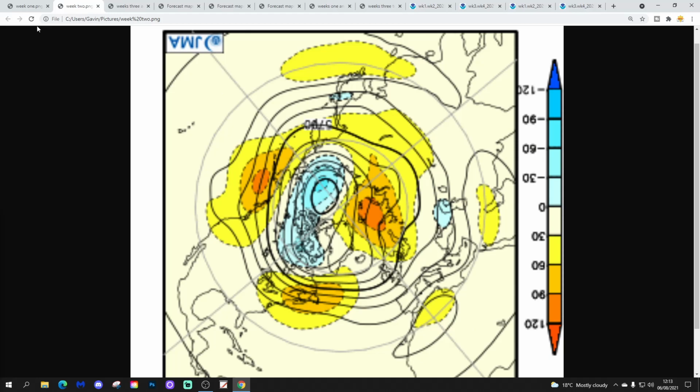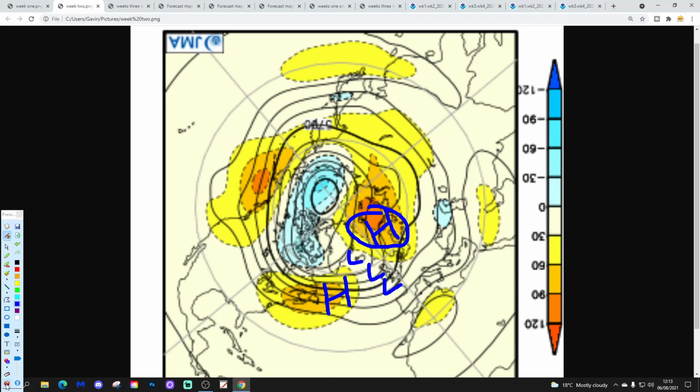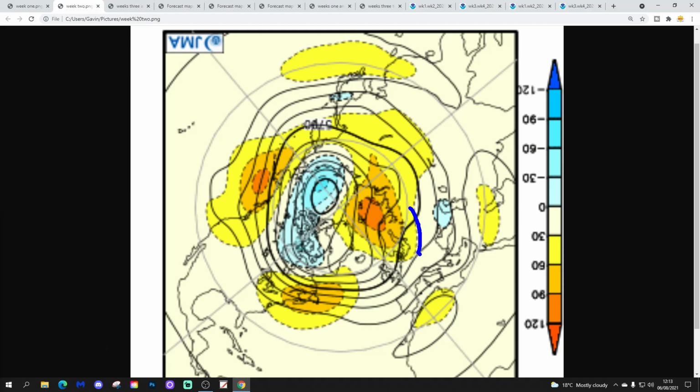Week 2 will take us from the 13th through to the 20th of August, and this week we'll see heights rising to our northeast. So we've got a Scandinavian high starting to set up. We also have high pressure in the middle of the North Atlantic again. This area is like a weaker area of pressure. It could still be a little bit unsettled, a little bit showery in that area, but probably still bringing in